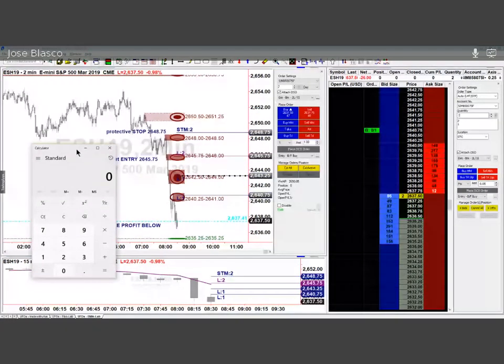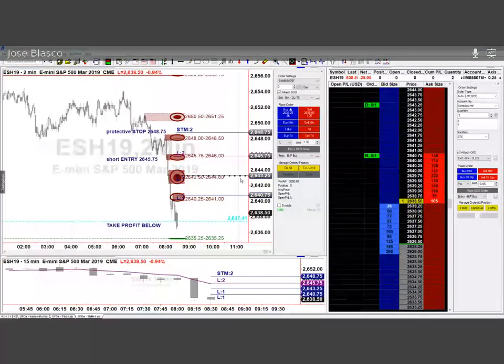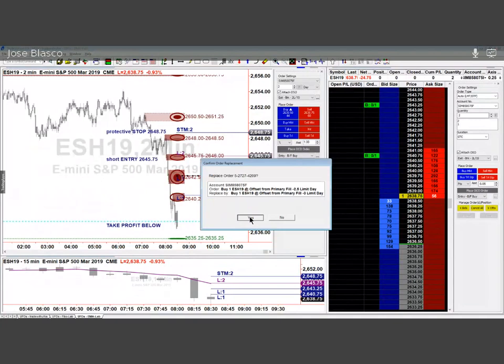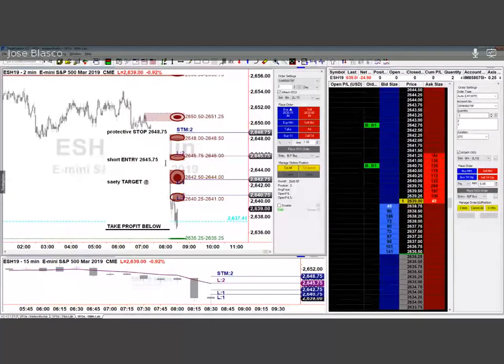So we have 48.75 minus 45.75. As we said before, that's a risk of 3. That will bring target 1 to be 42.75. So 42.75 would be target 1 right there. This is what we call the safety target. Safety target at 2642.75. What I'm going to do there is get rid of half of the position